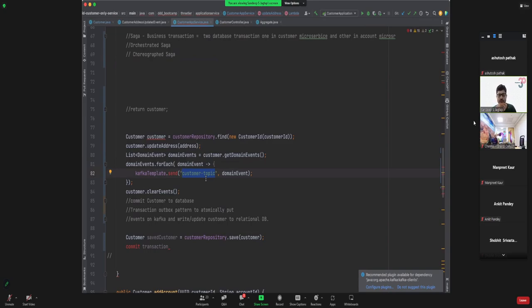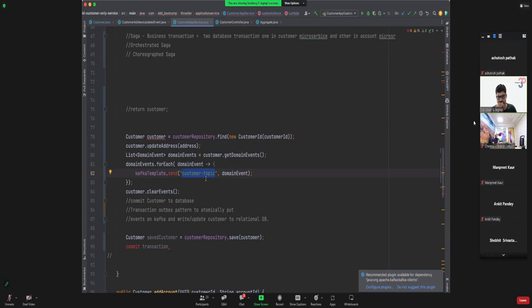Now, those of you who know Kafka, there's a concept of partitions in Kafka. What a partition ensures is that for a particular key, like when the key happens to be customer ID, events appear in the order in which they were created.